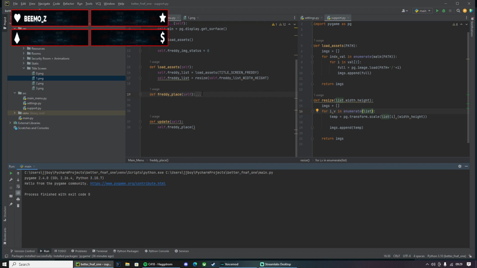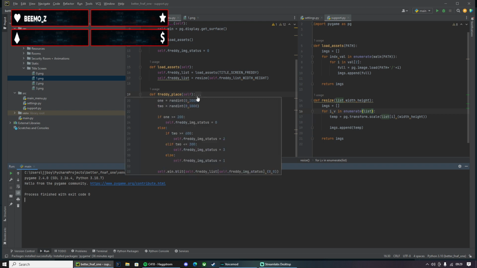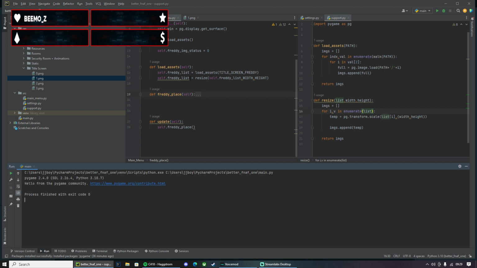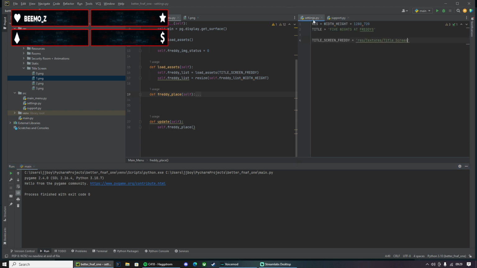So we've done the Freddy placement. We need to do the UI. That'll probably be a bit difficult, but shouldn't. Also at the same time, this is something I do need to do quickly.